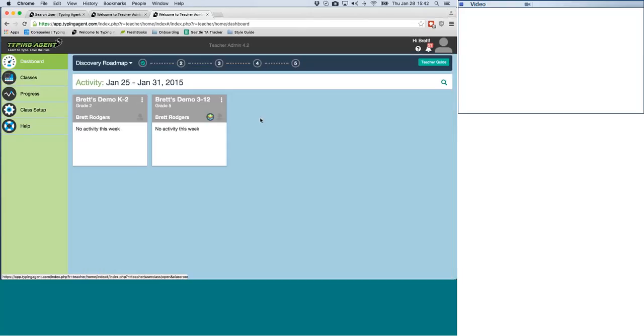I was going to say, if anything does come up, the teachers can always click the question mark to ask us any off-the-cuff questions that they have. That'll come straight to the typing agent support team, or the teacher's guide is a great reference, or the help page can answer most questions as well. And we're putting a page